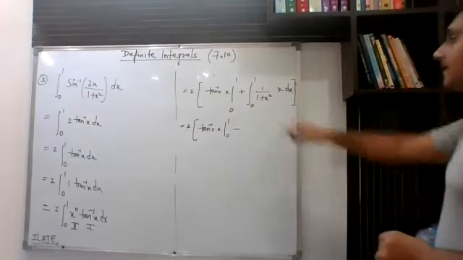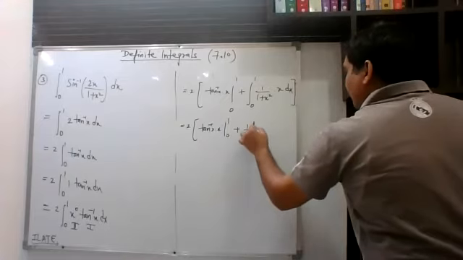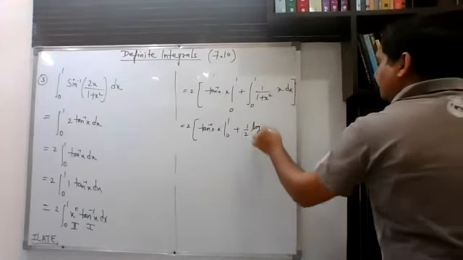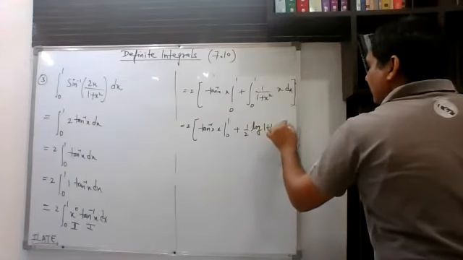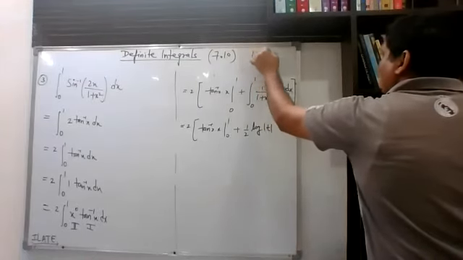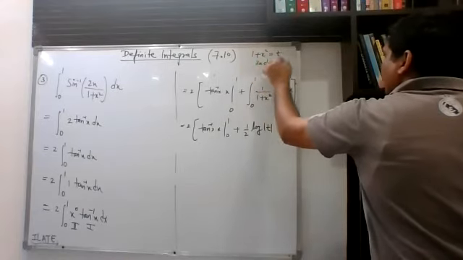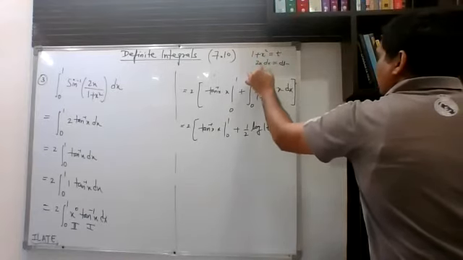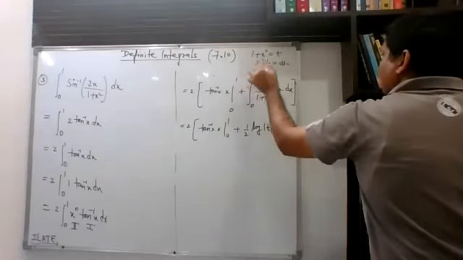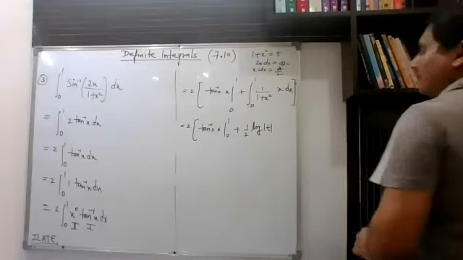And this can be done by that substitution method. So you know that this will be equal to half log. So how will it be this? Because you know that we will take 1 plus x square is equal to t, then 2x dx is equal to dt. So x dx can be written as dt by 2. So this is how I had written it.